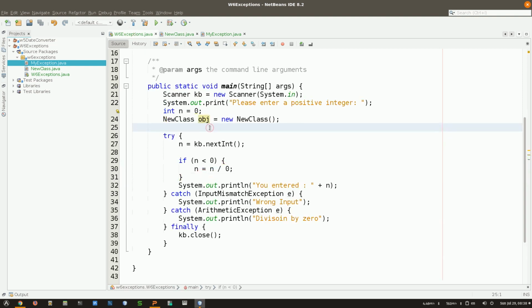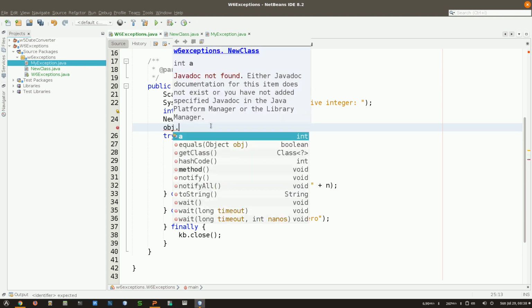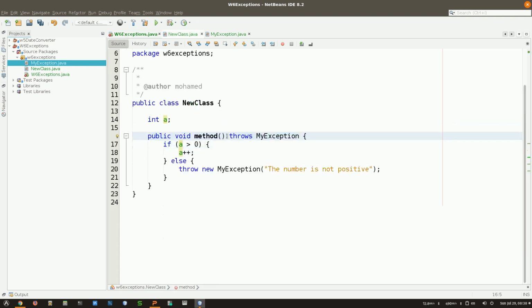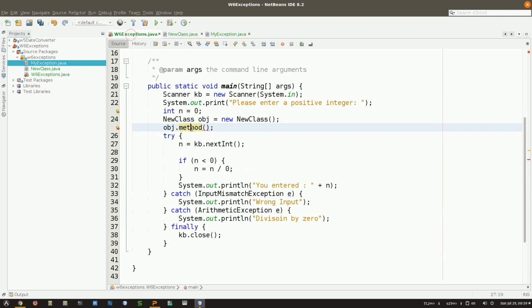Now let's have a look at why I'm saying this, because now I'm going to put obj dot and then call the method. Notice one thing: because I'm calling this method, it can throw an exception, and I mentioned that the type of that exception is my exception. So I cannot just use it like this. I need to put it inside a try catch. Now if I put it inside, I'm not catching that kind of exception, because here I'm catching input mismatch and arithmetic, but I'm not catching